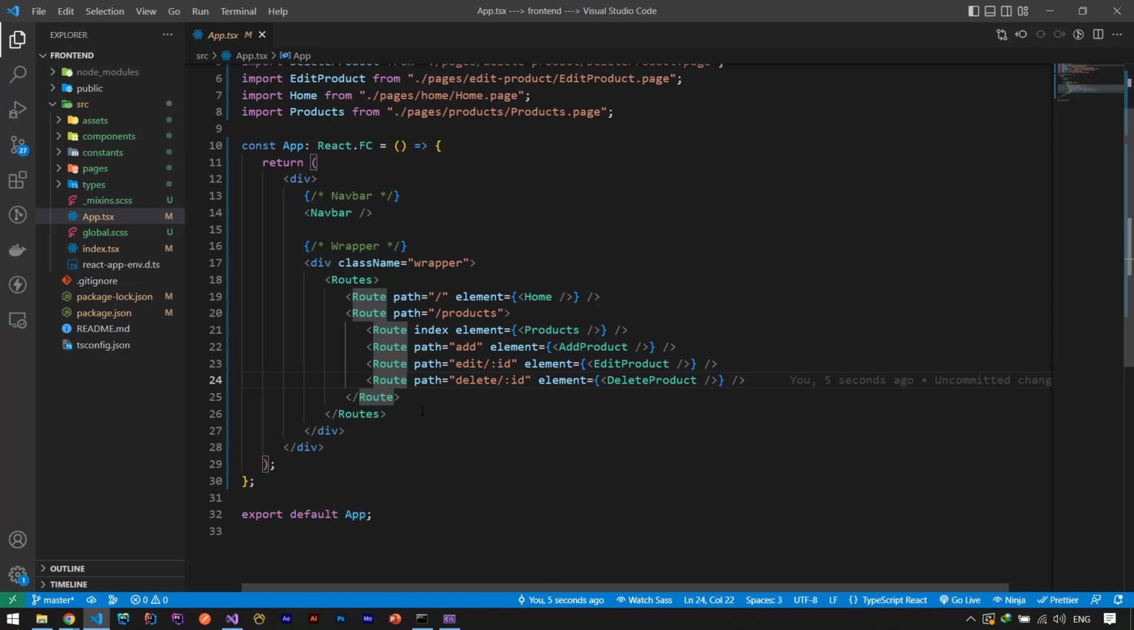So this was the implementation of our CRUD functionalities on our front-end project, and I hope this tutorial helps you,